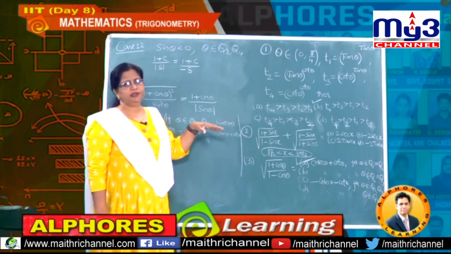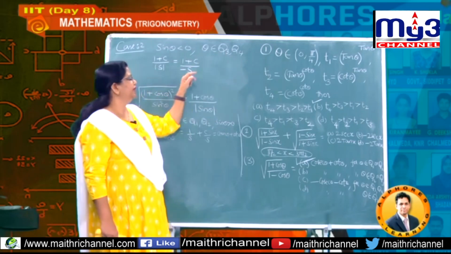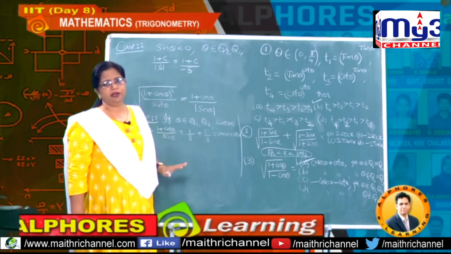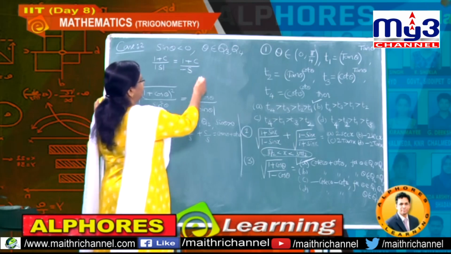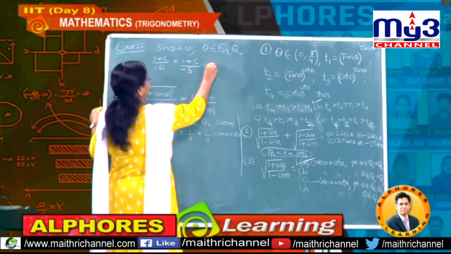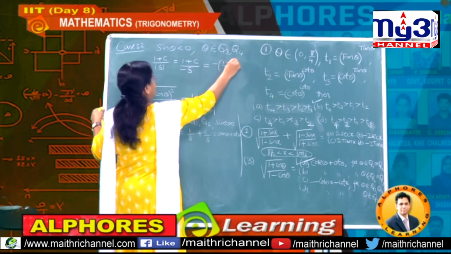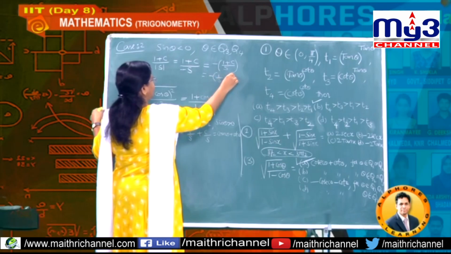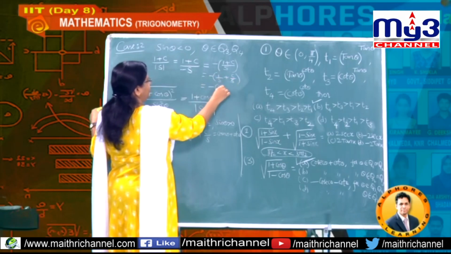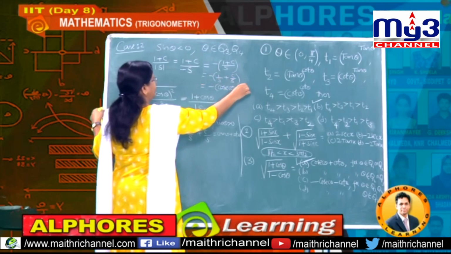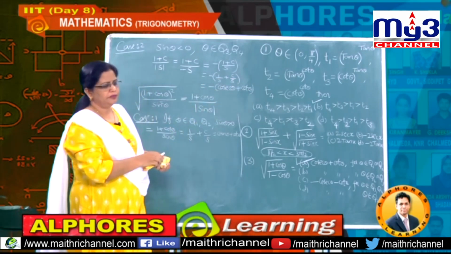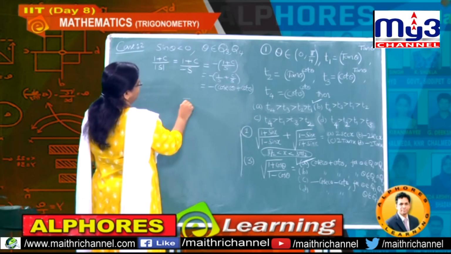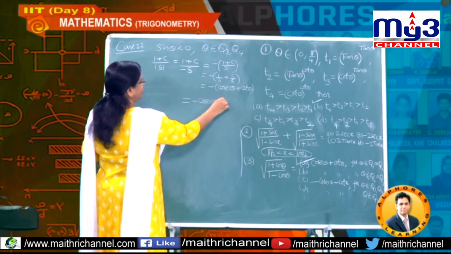It should be positive. Now in these two quadrants sin is negative, therefore minus into minus will become plus. Therefore if I take minus 1 by sin, taking minus common, 1 plus cos by sin, that is minus cosecant theta, that is 1 by sin plus cos by sin, that is minus of cosecant theta plus how much students? So this is cot theta. Okay. Therefore finally what is the answer you got? It is minus cosecant theta minus cot theta.